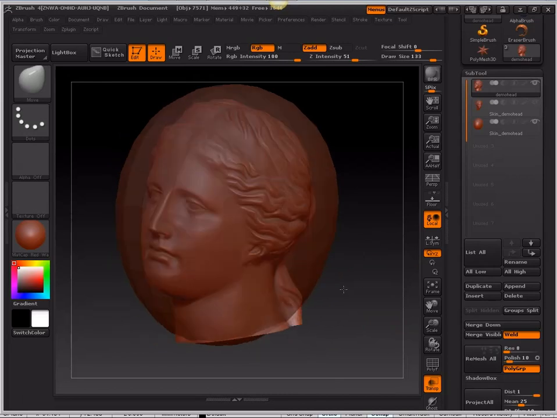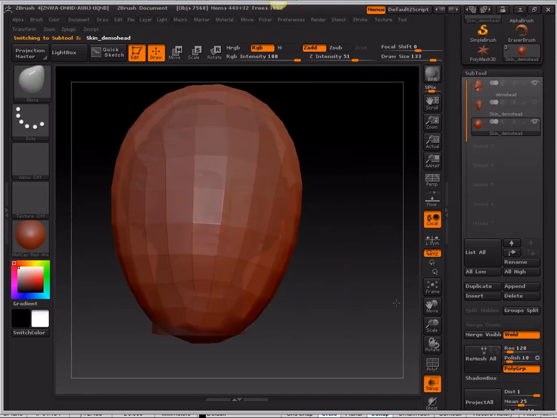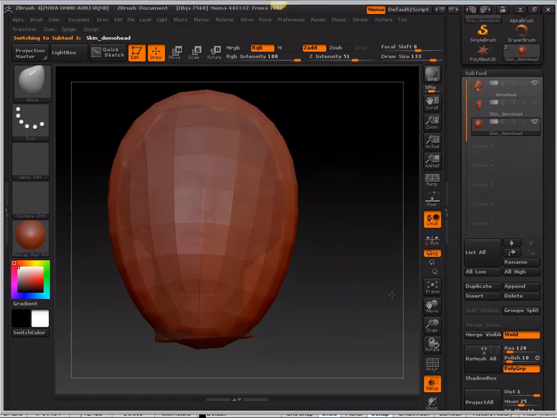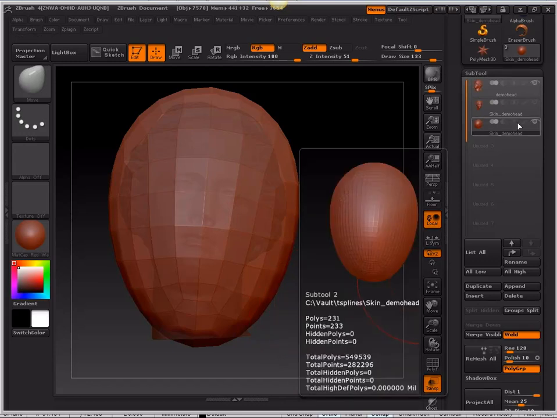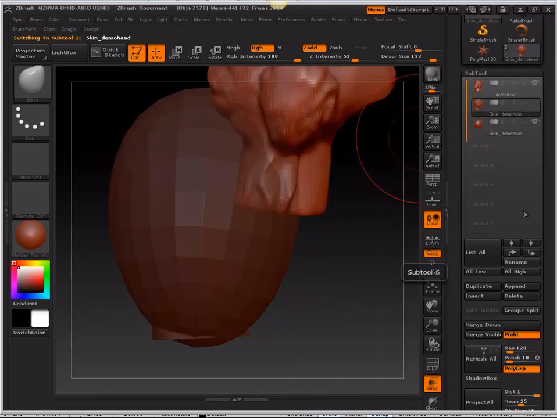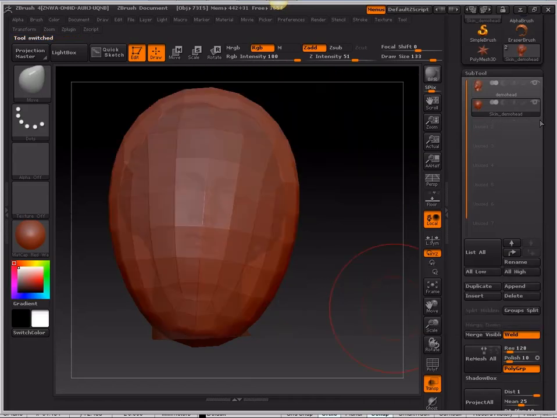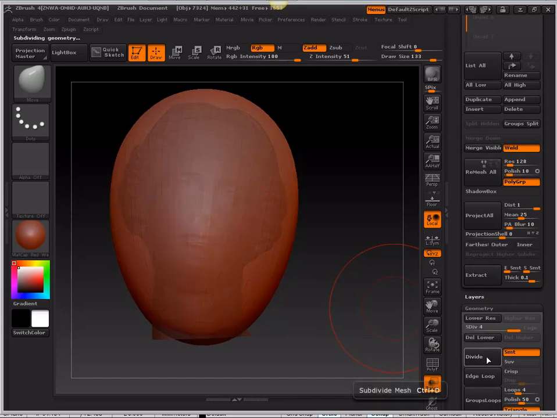Anything else? Let's see. Is that the main? I think we covered most of the main points we wanted to show. Is that right, Kevin? Yeah. If you could maybe just take a minute or two just to show some of the nice tools that ZBrush has for sculpting. We just touched a little bit on that with drawing on the face, but if you could touch a little bit more so we can just see you work. Just a few minutes in ZBrush to see a little bit more of why you would want to come into this program. And then maybe while you do that, if you could just make some comments as to,